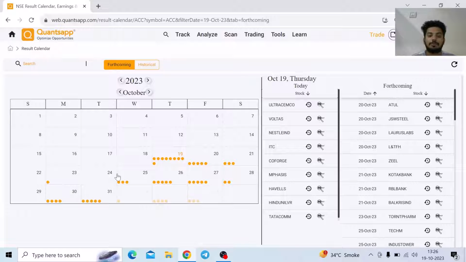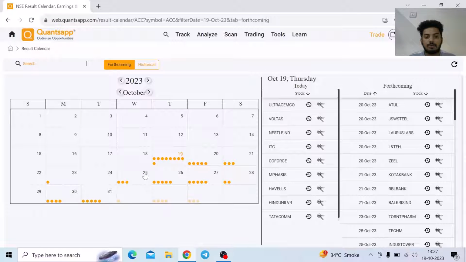The best part about options is that I don't need to predict the movement of the underlying always. I just don't need to keep on predicting where the market will go up or go down. I don't need to predict it 100% of the time, but I can use the other variables, something like implied volatility, which we will do in some time, to go ahead and trade in options.